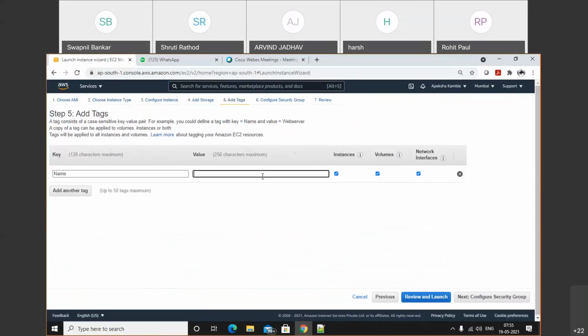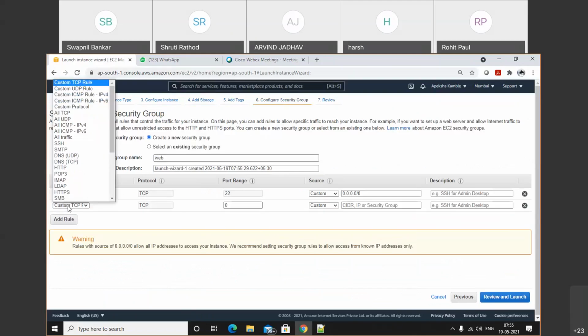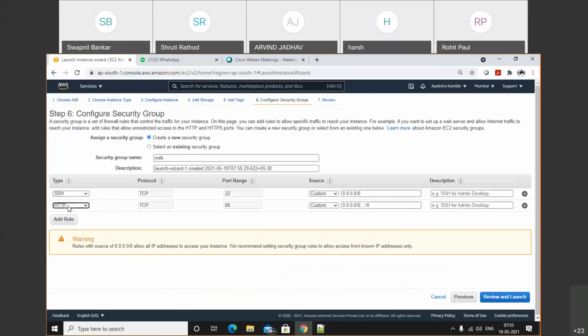Tag. Select the new group and add HTTP. Make a note of that. It is mandatory to add the HTTP protocol.